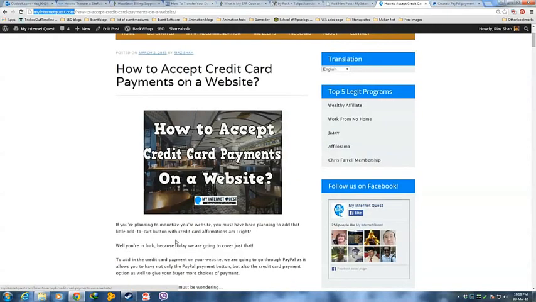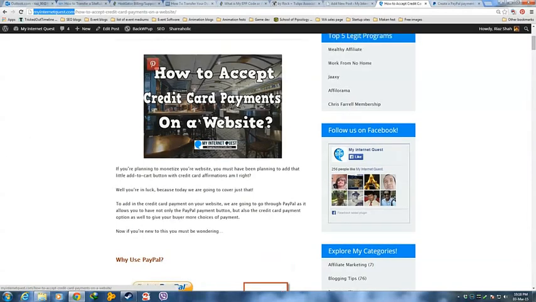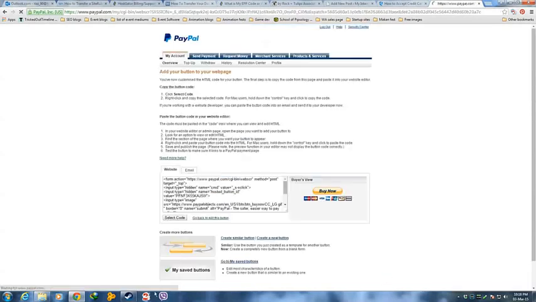Oh, this is the blog post I made on how to accept credit card payments. If you wanna read the full detailed post, you can click on the link down below. So usually, if you wanna put your home page, you can just copy and paste it. And the advanced variable, you can just leave it as it is. And you're done. Create button.